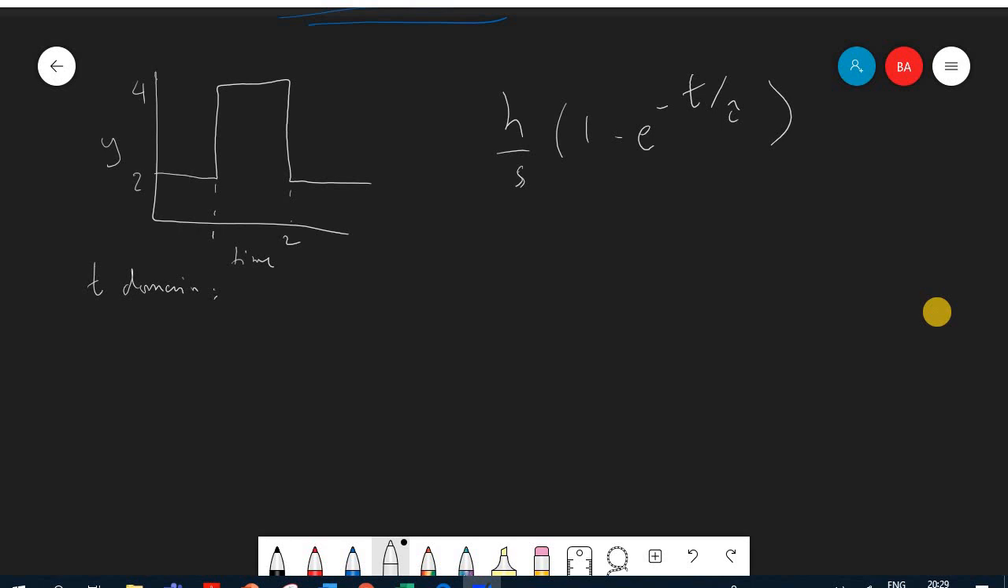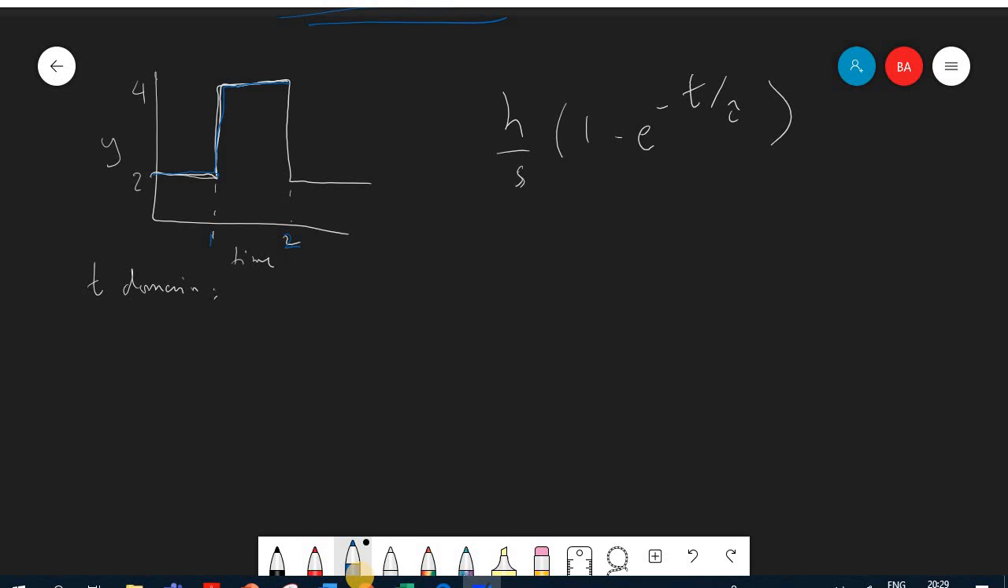So what do I have here? I have a step input of 2, and I'll put that in blue. So this is a step input of 2. When did it happen? It happened at 1 second. So here's 1 and this is 2. So I have a step input